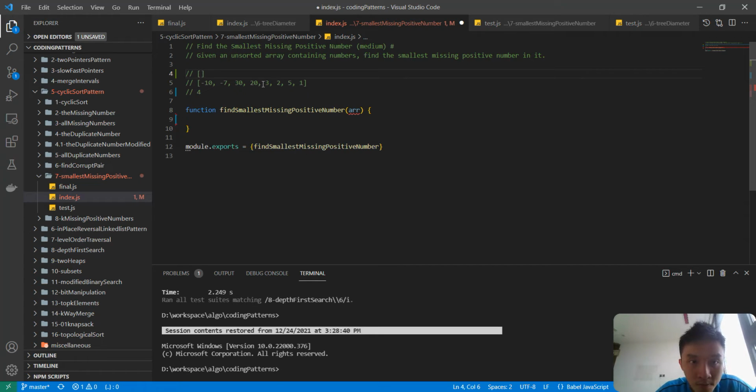As you can see, there are 8 numbers in this input array. An unsorted array that has no missing positive number will be 1, 2, 3, 4, 5, 6, 7, 8. Here is the array without a missing number, but if we look at this given input